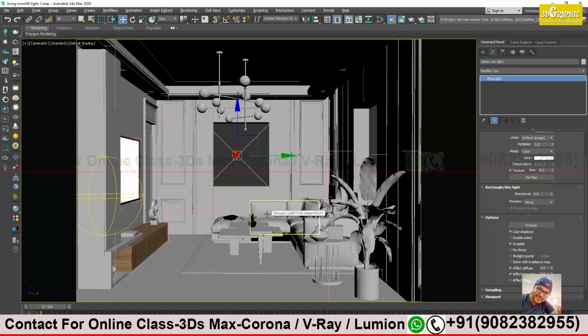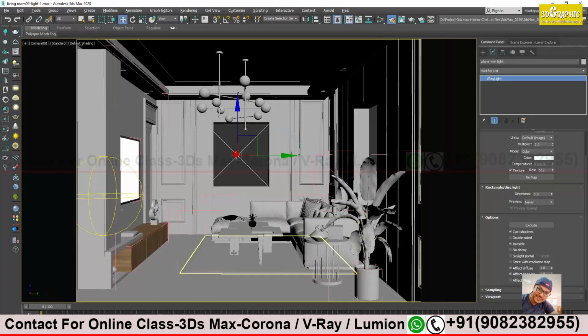But we have two windows, sir. You have only taken one. Yes, I will see what result I am getting from one window, because if I use both the lights, then I won't know which light is contributing how much. I will use one and see how much light I am getting from one window. Then I will try with the second one by one.